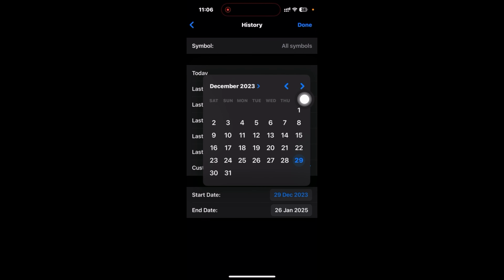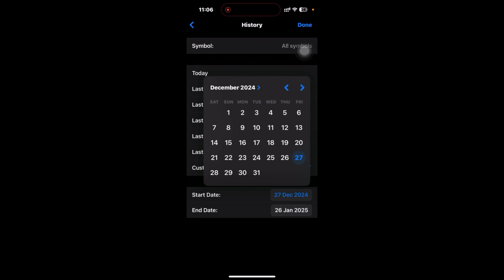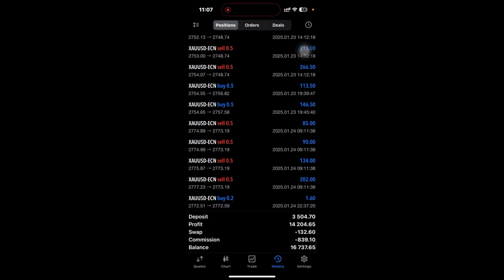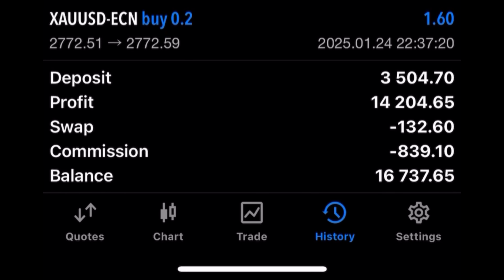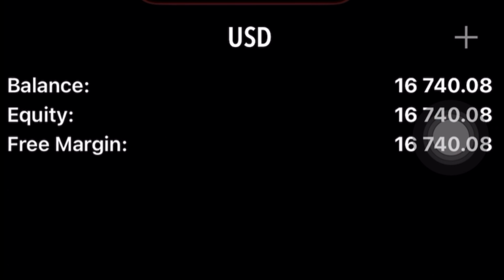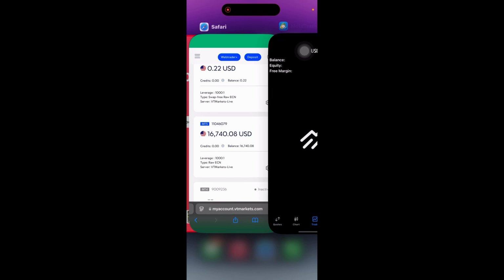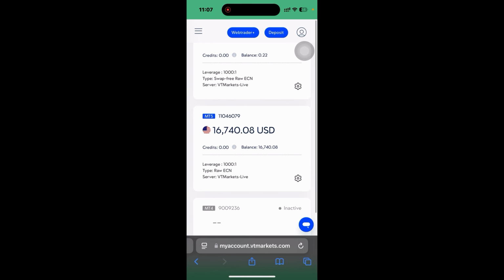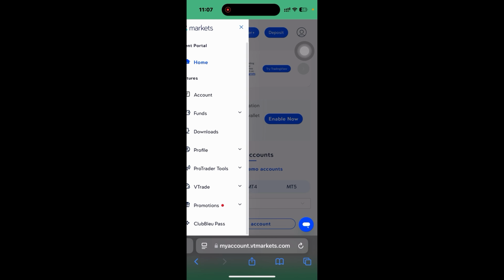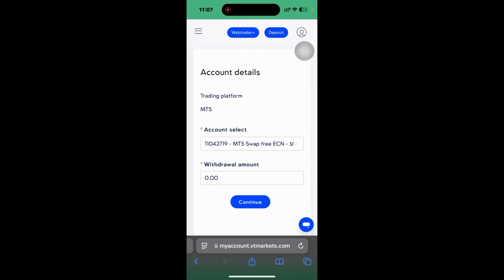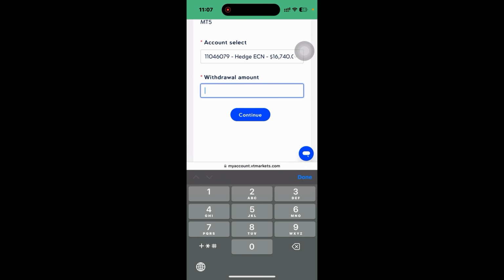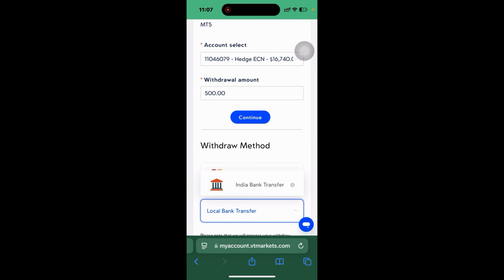I started on 27th of December. Done. And you can see I started with the deposit of 3,500. Profit is 14,200. Now, yes, the commission is a little bit on the higher side because there was too much scalping. Now the balance is 16,740. So if I take it over here, 16,740 is what you can see. What I will do now is take you to this withdraw funds, and here first I will withdraw just $500, India bank transfer,